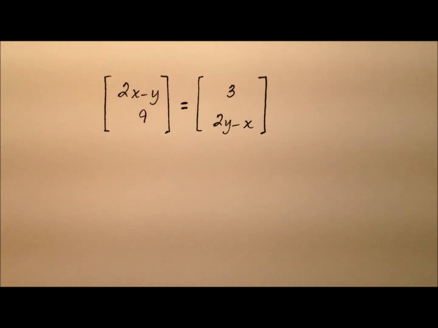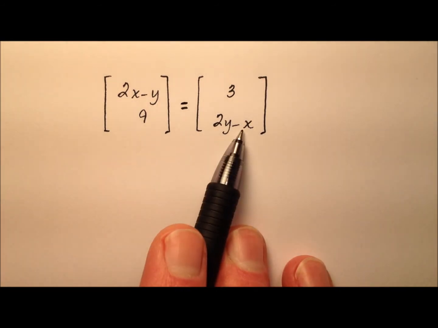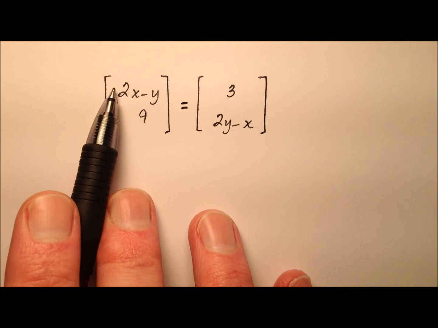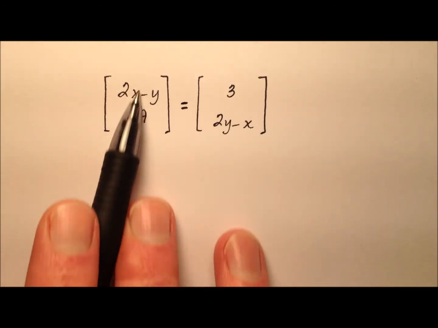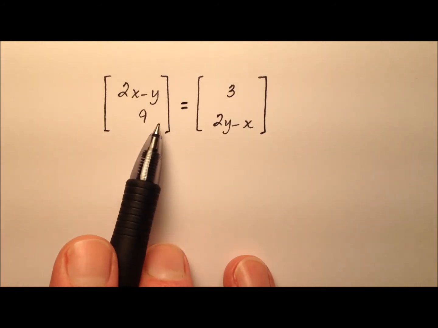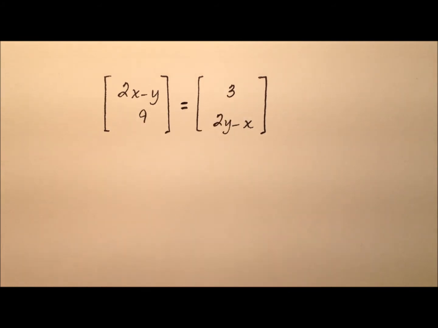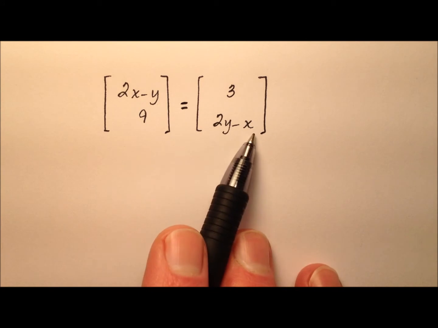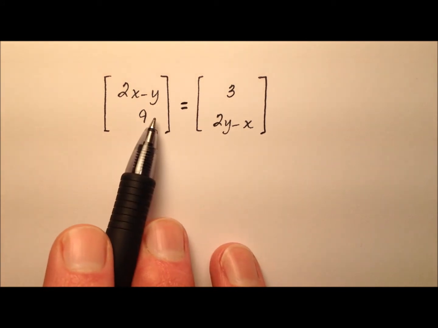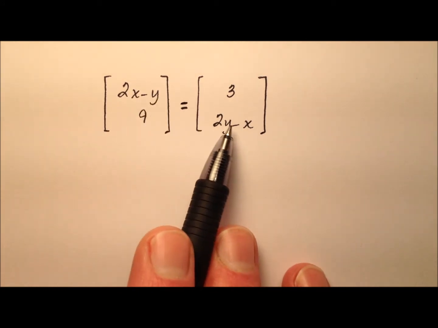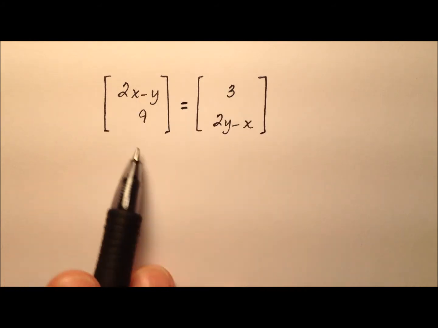In this example, we have a couple of equivalent matrices here. Each of these matrices has 2 rows and a single column, which means that their corresponding entries will be equal to one another. So what we can do is go ahead and set up a system of equations, and then we can solve that system to find the values for x and y that make this equation